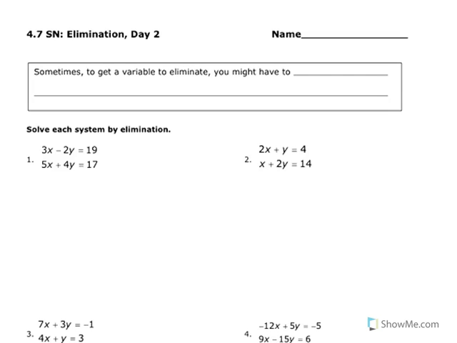These are your Algebra 1 notes, 4.7, Solving Systems by Elimination, Day 2. So we learned how to solve a system yesterday by using the elimination method. And when we look at this call-out box right here at the top, it alludes to something that we talked about yesterday in yesterday's lesson, that sometimes in order to get a variable to eliminate, you might have to multiply